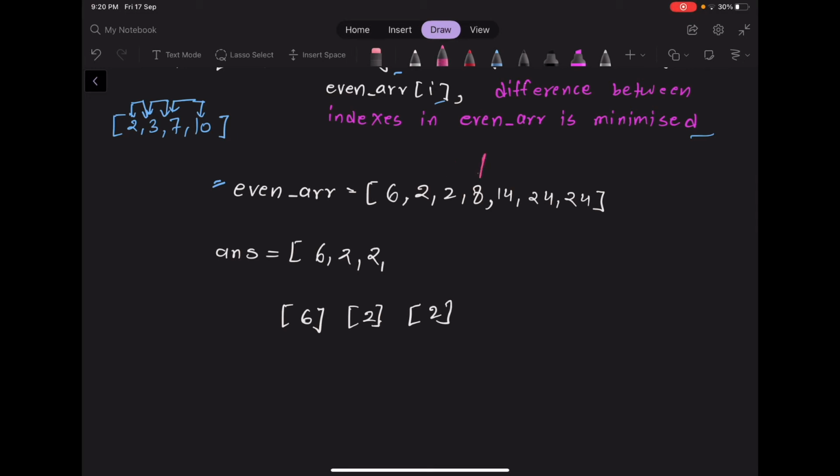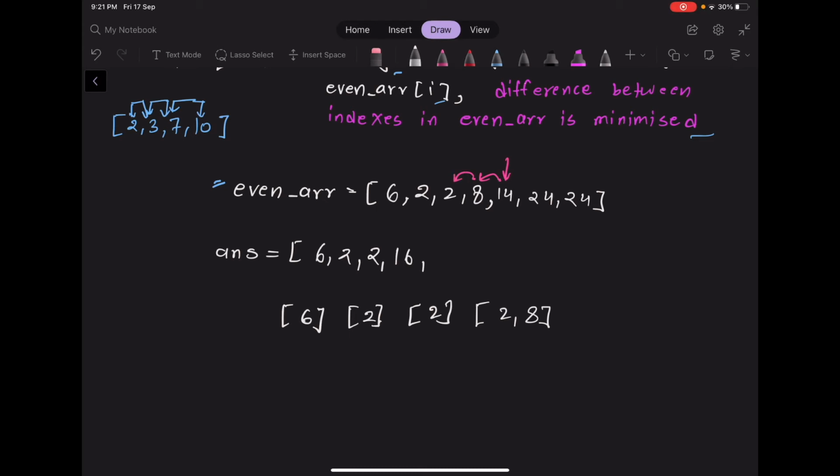And for this 8, this 2 is the first element on the left side which is less than this 8. So our special sequence is going to contain a 2 and an 8, and we want their product. So we will write a 16 here, 2 times 8. And for this 14, the first element on the left side which is less than this 14 is this 8, and for this 8, this 2 is the first element on the left side which is less than 8.